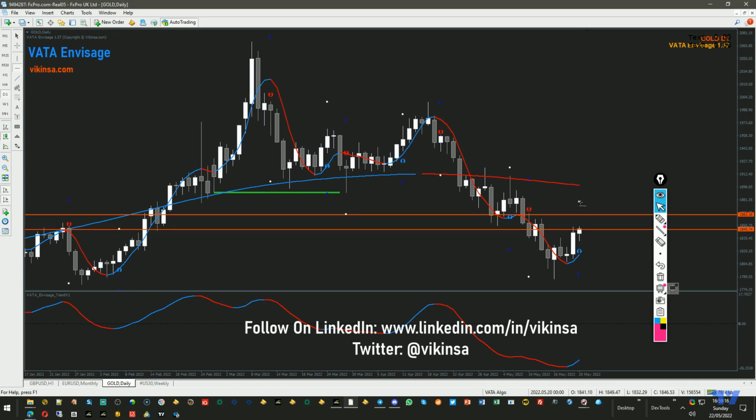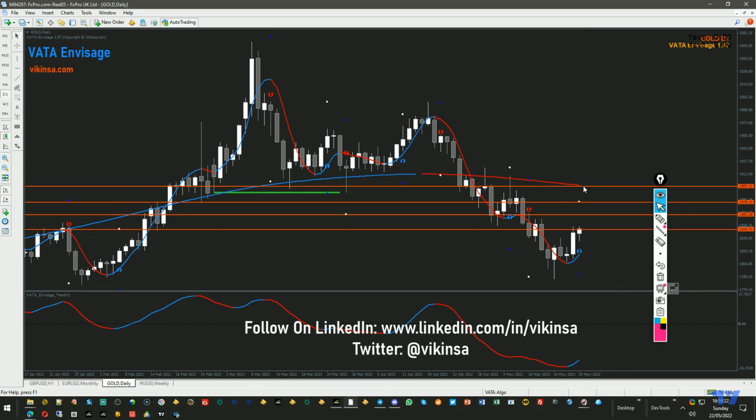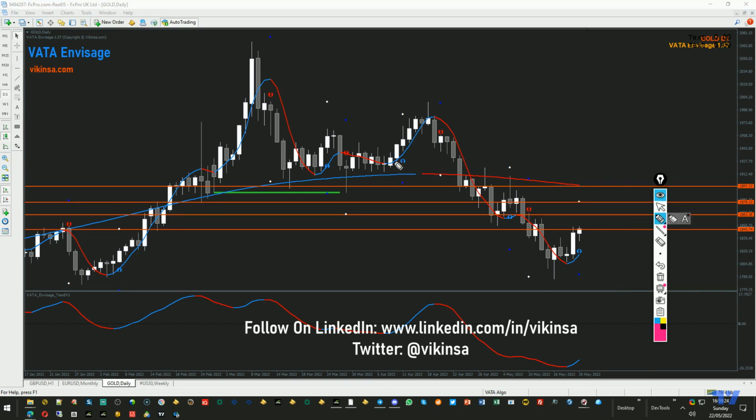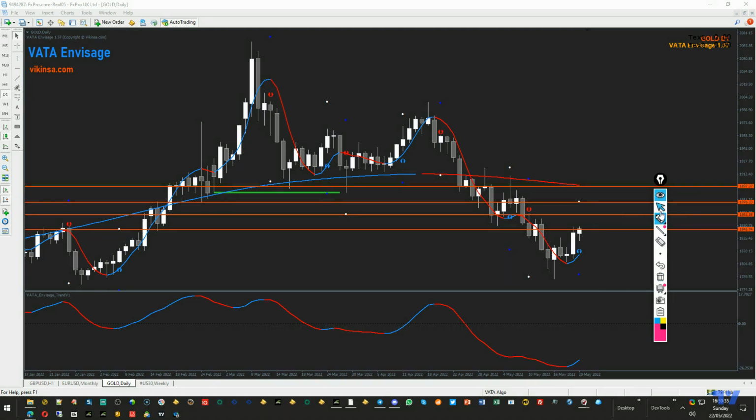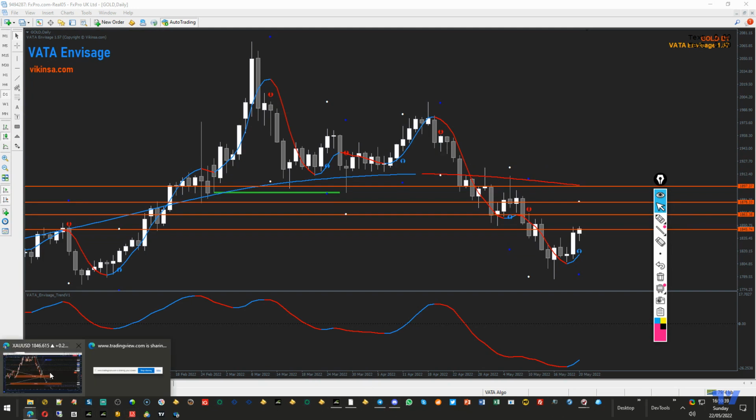But if it continues to go higher, then we have an open target of 1878, and after that we will have this water curve acting as resistance. But the water trend has actually changed the color to red. So these are the water targets that we have. These are the levels here on the water curve, and let's go back to our analysis here.